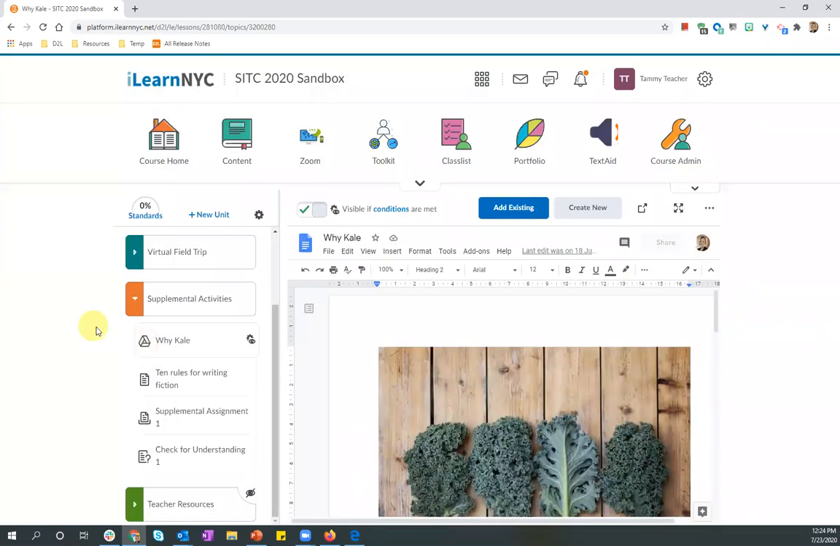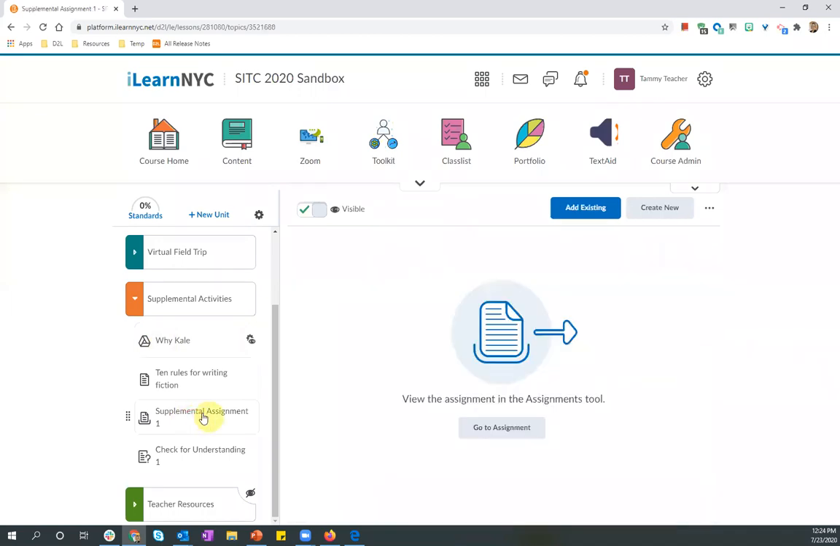Okay. So now that you can see I've got this little symbol here, I've added that condition onto this piece of content, but I also, as I mentioned, have a supplemental assignment sitting in the assignments tool. I could do the same thing in the assignments tool. So if I go to this assignment,